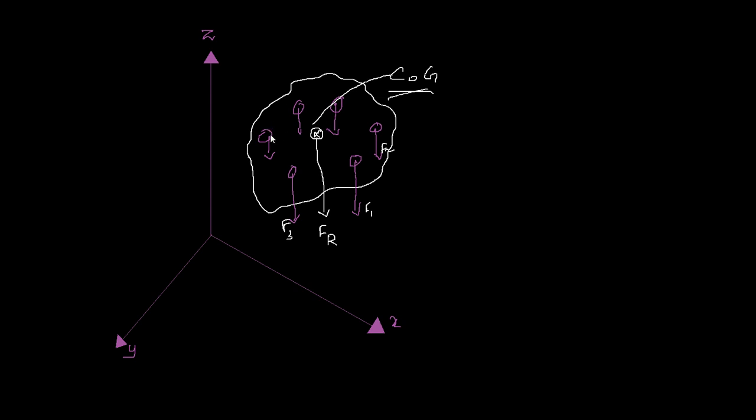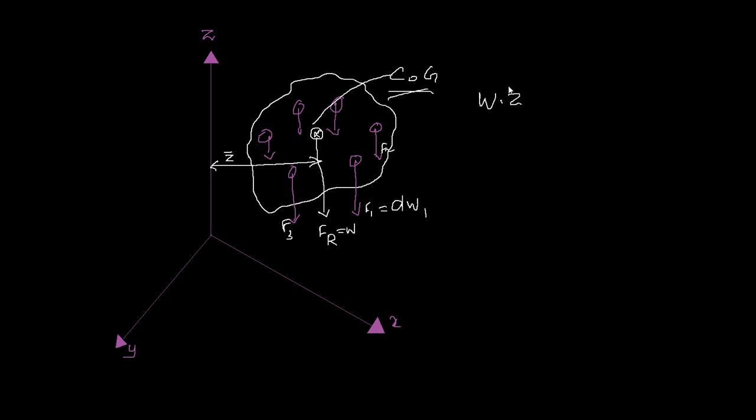Now let's say the weight of each of these particles is dW, and the total weight is W. Fr, let's call this W, and this is dW1, etc. And let's say the distance from the Z axis to the resultant force is Z bar, and each of these is Z1, Z2, Z3, etc. So if you take the moment of these forces about this axis here, it's not actually moment, it's a similar equation to the principle of moments. So we can write